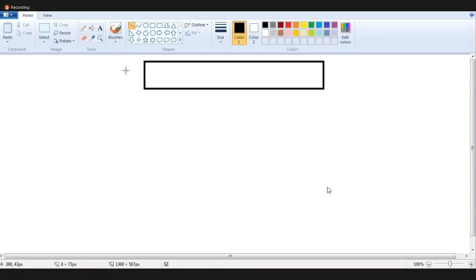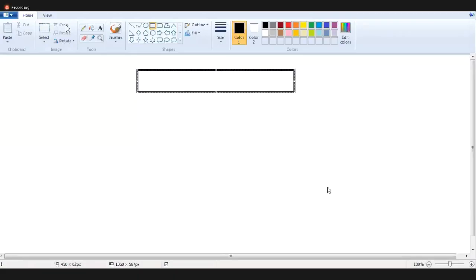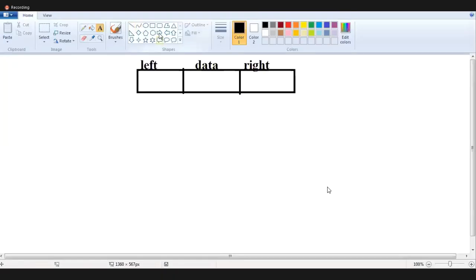Okay, 3 fields it contains. This is the left node, data node, right node.